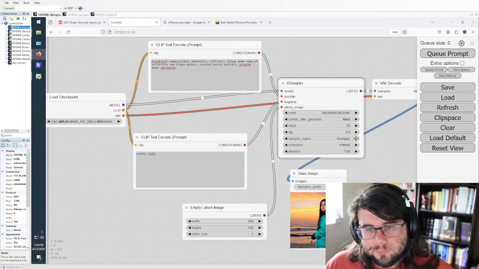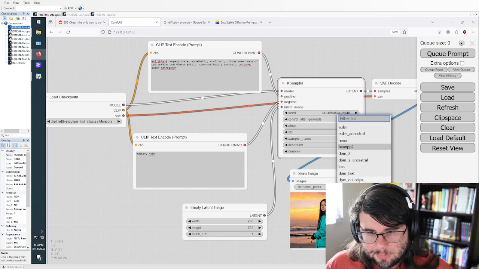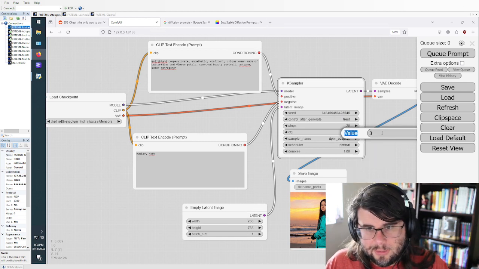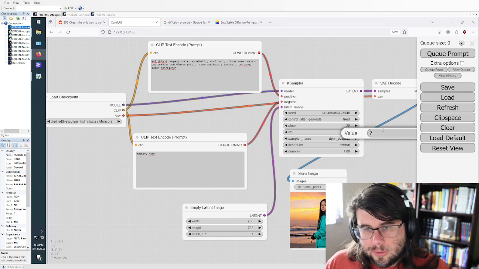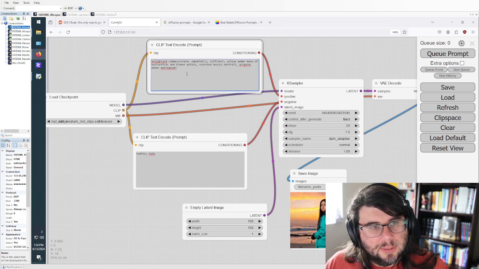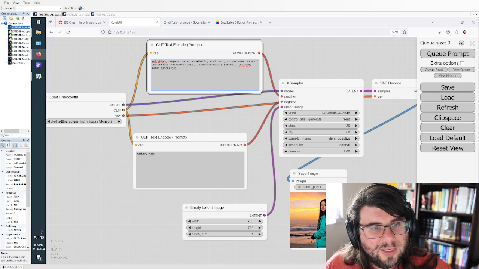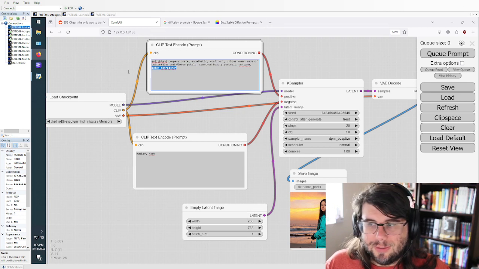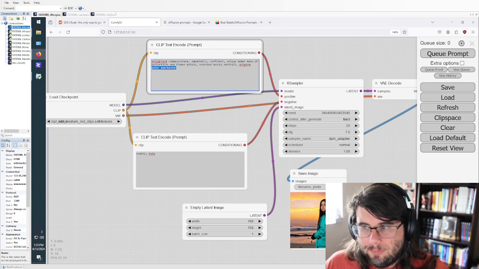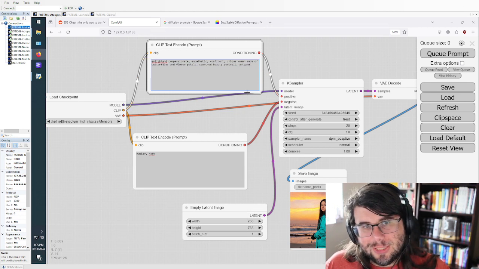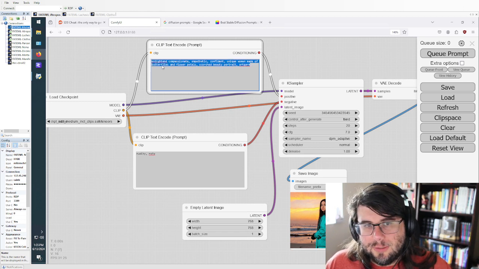DPM adaptive. It takes a little bit longer, not much longer though. So go DPM adaptive 7 using this: enlightened, compassionate, empathetic, confident, unique woman made of butterflies and flower petals. Scorched beauty portrait, art gem. I don't like using artist names in this for multiple reasons. Not the world's biggest fan of the art gem keyword either, but